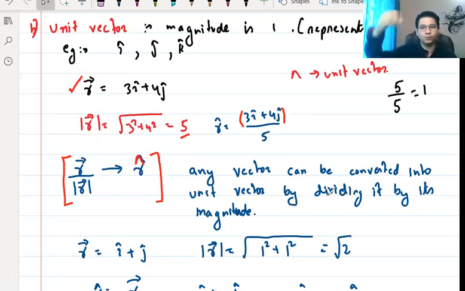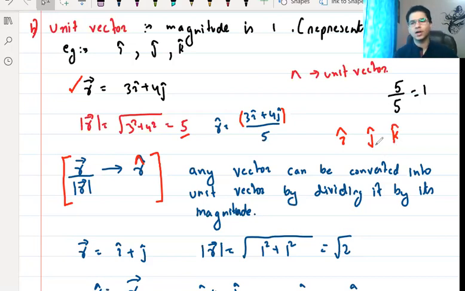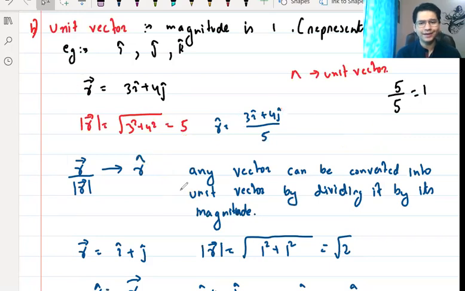Whenever there's a cap, it is a unit vector, which means, sir, I cap is a unit vector. J cap is also a unit vector. K cap is also a unit vector. Yes or no? Tell me yes or no. So I cap, J cap, K cap, all of them are unit vectors, right? Because it represents only the direction. The magnitude is 1. Okay? Yes. Okay. So I have already told that any vector can be converted into a unit vector by dividing it by